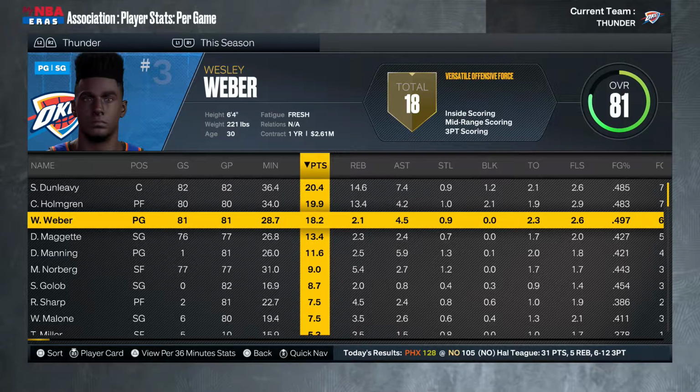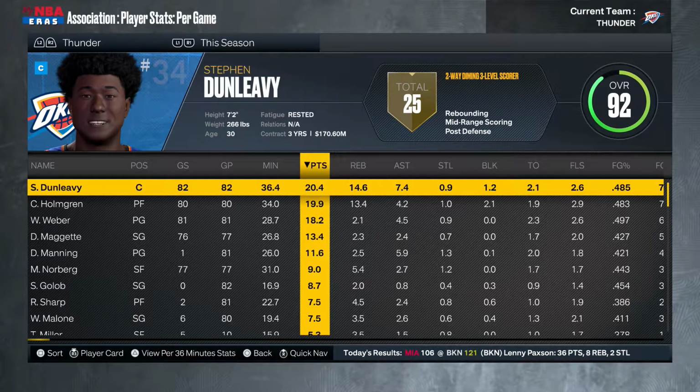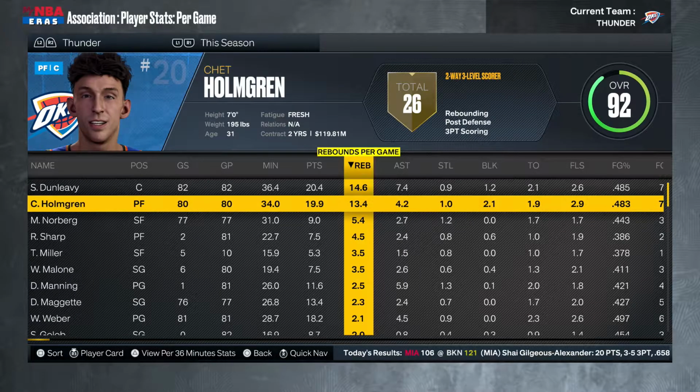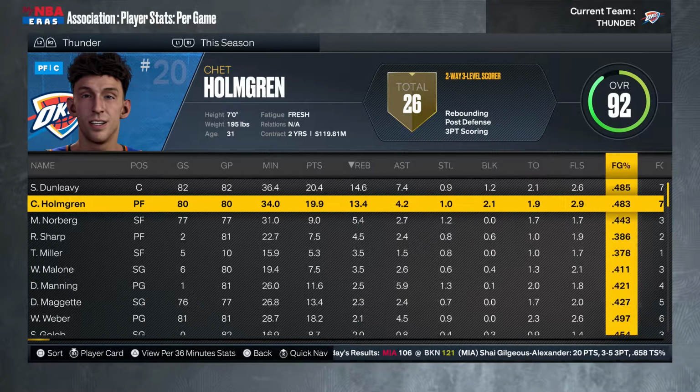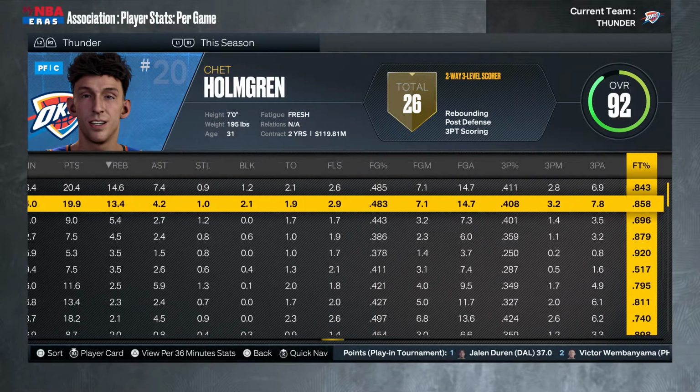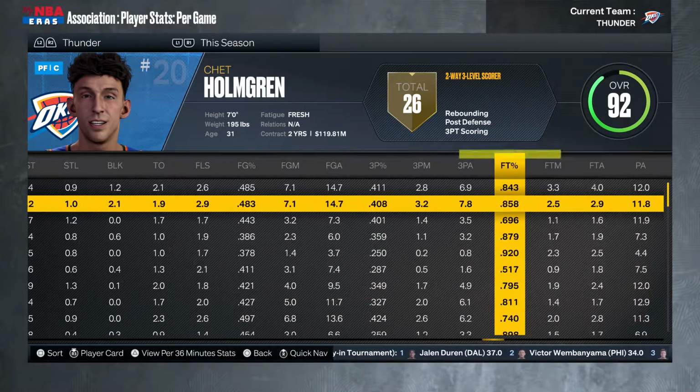Wesley Weber looks to be okay, rocking the flat top, but he's only an 81 overall at 30 years old. Ooh, baby. Chet, 20 points per game. Stephen Dunleavy a little more at 20.4. Rebounds. I mean, Chet is just getting beat. That's all it is. This guy is better than 48% from the field, 41% from the three-point line, and 86%